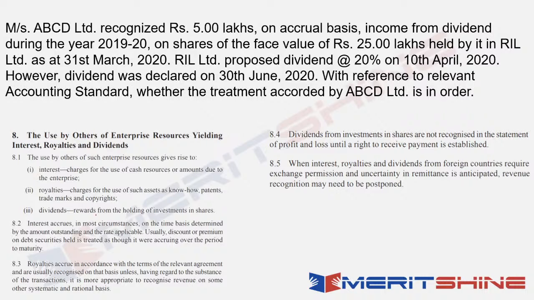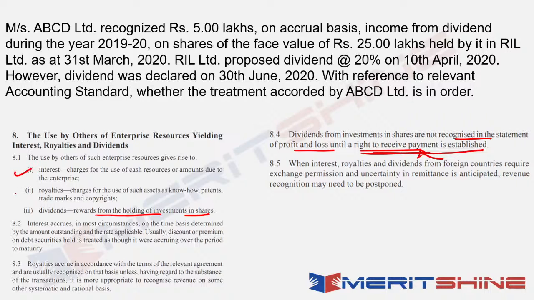Dividend rewarded from the holding in shares, when it comes, look at this. Dividends from investment in shares are not recognized in the statement of profit unless there is a right to receive payment. And when is the right to receive payment? That is after the complete declaration by the company, after the AGM voting etc. happens. Only then can it be done. The other two